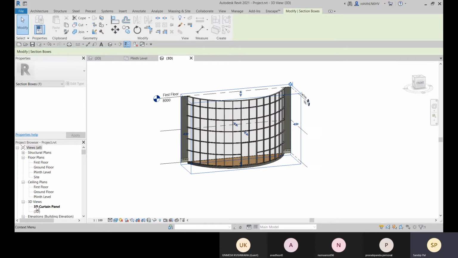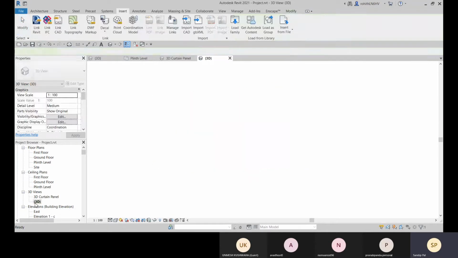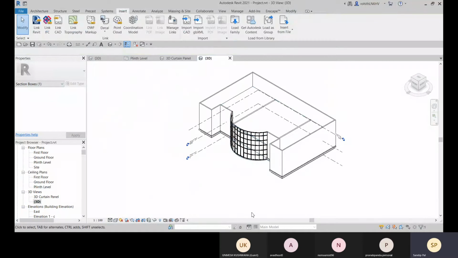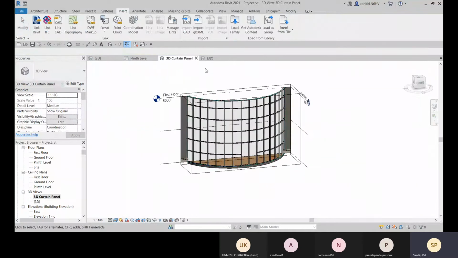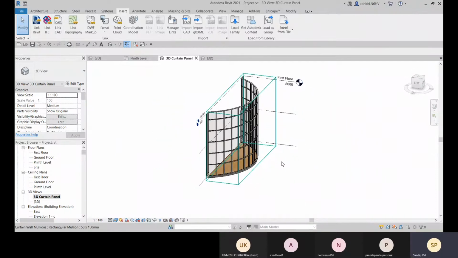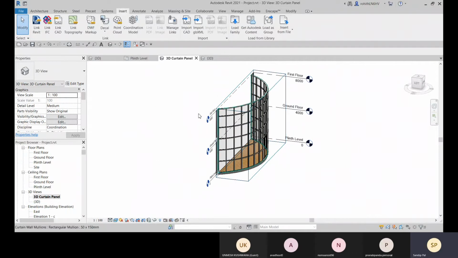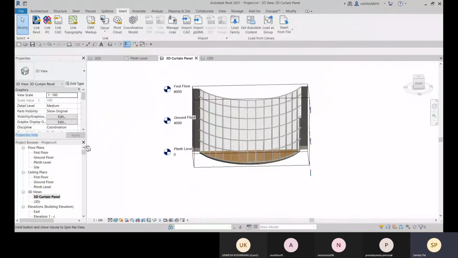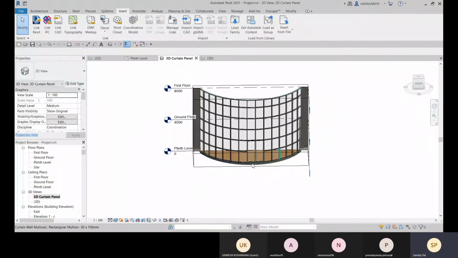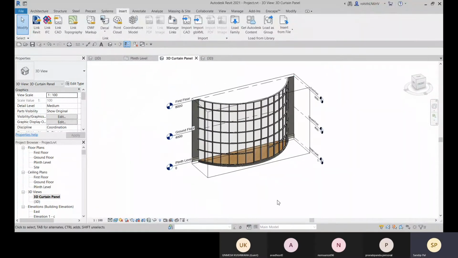This view is created here, and you can go back to the normal 3D view. This 3D curtain panel can be added to our sheet for presentation and for the shop drawing. This way you can create views with the help of the section box.